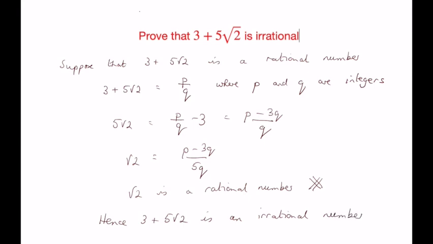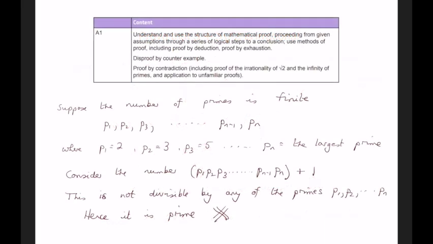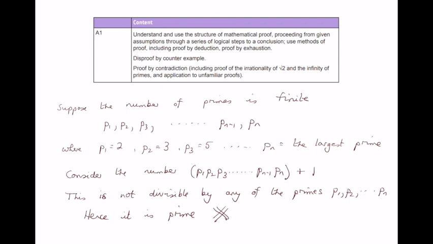Now, we could have done exactly the same proof for any number of the form a plus b root 2, where a and b are themselves rational. So there are an infinite number of irrational numbers of that form, and similarly there would be an infinite number of irrational numbers with root 2 replaced by root 3, or root 5, or root 7, or root 11, or the root of any prime number. And just before I do the example which we originally set out to do from the examination paper,